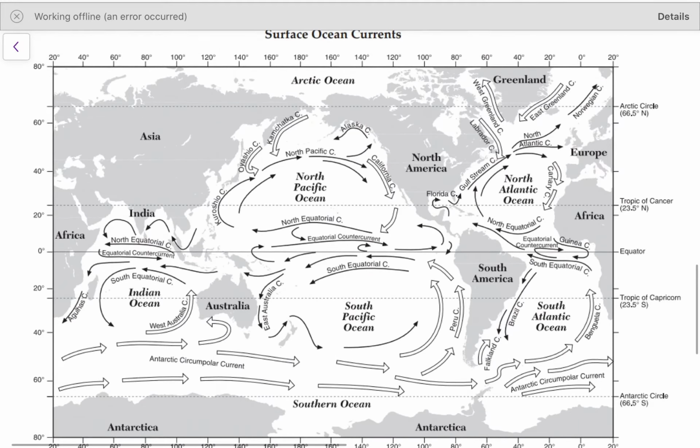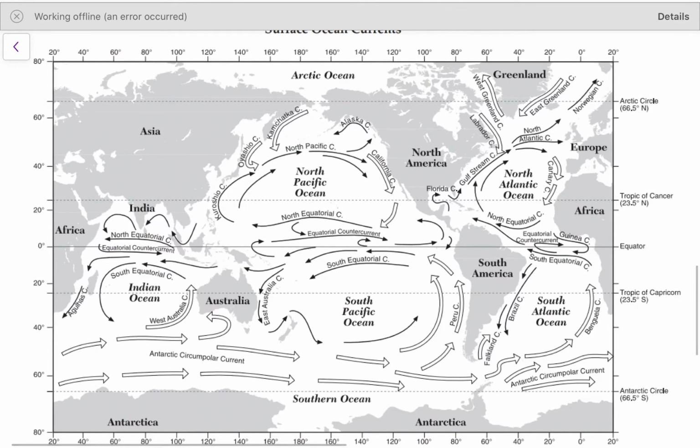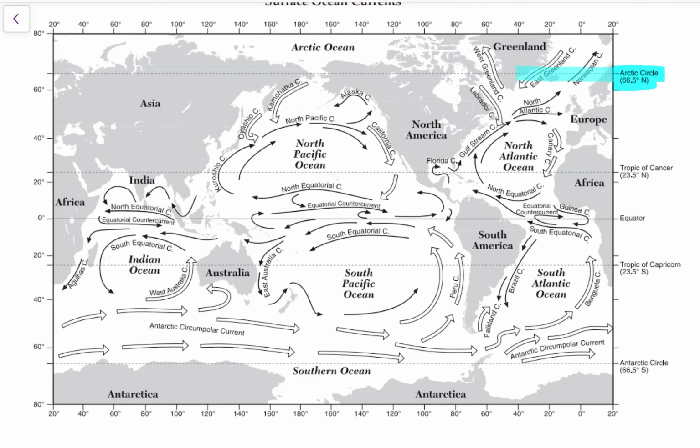If we look at page 4 very quickly, notice the latitude and longitude is very similar. Your prime meridian is all the way near the edge of the map, so you'll have a very similar scenario here. What I want to point out on this map is some important lines of latitude that are labeled here on the map. So notice on the right-hand side of this map, we have a few important lines of latitude labeled. One is the Arctic Circle, and that dotted line all the way across the map signifies the Arctic Circle